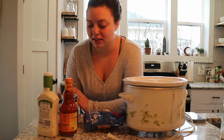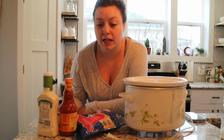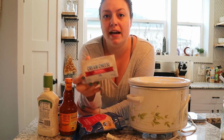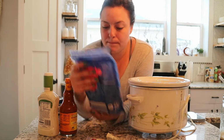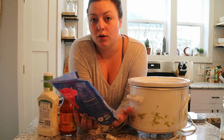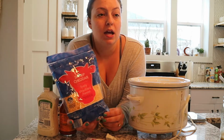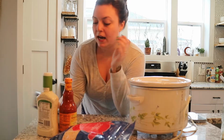Okay, so the ingredients for the buffalo chicken dip are super easy. It's just 1, 2, 3, 4, 5 ingredients, and it all gets put into a crock pot. So for the cheeses, you use 8 ounces of cream cheese. I use a whole bag of shredded cheddar cheese. Honestly, the more cheese you add, the cheesier it is, so I think it only gets better. So this actually has 3 cups. It's from Aldi. I think most bags usually come in 2 cups, so I'm just gonna dump literally all 3 cups into it. And then